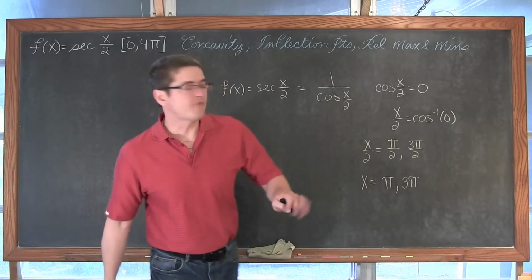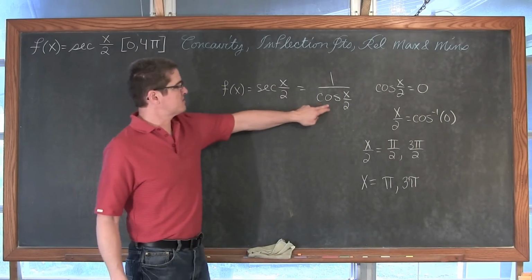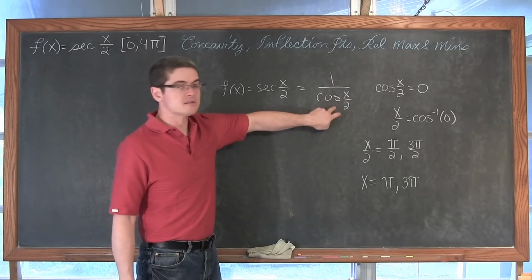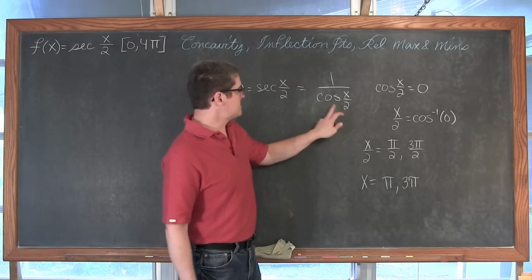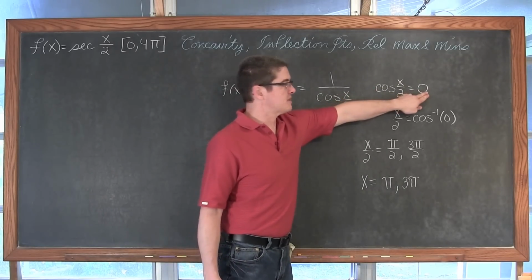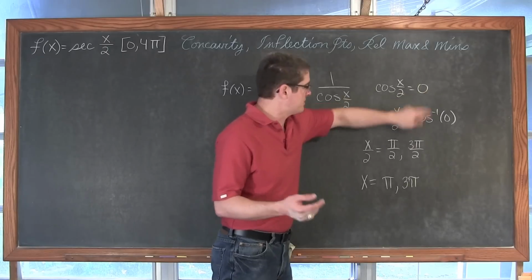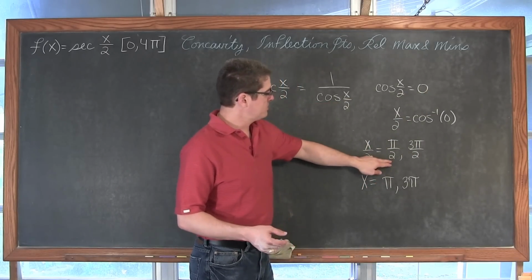I just wanted to start off by finding the domain. So I wrote secant in terms of cosine, just to make sure you realize that when the denominator is equal to 0, the function, of course, is undefined. And cosine of x over 2, if you set that equal to 0 and solve it, then you're going to,